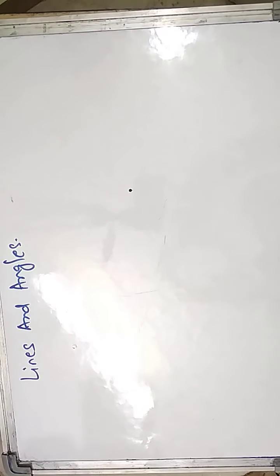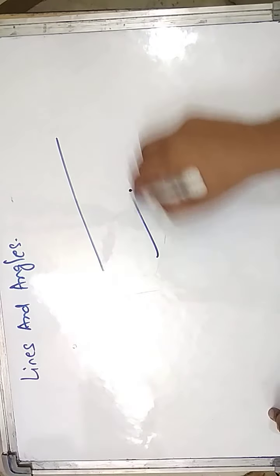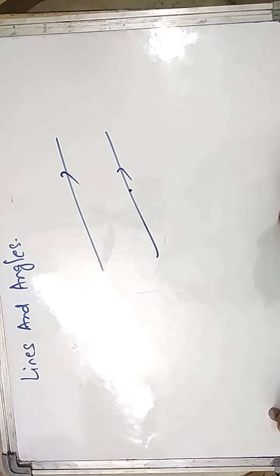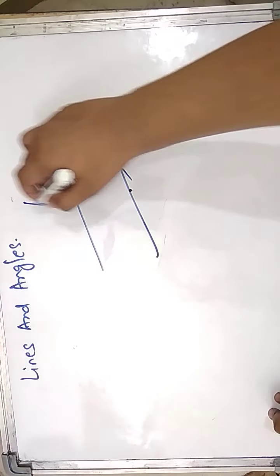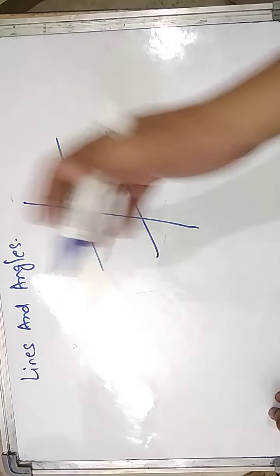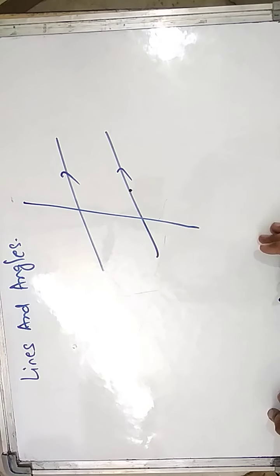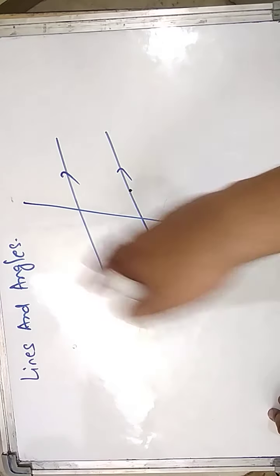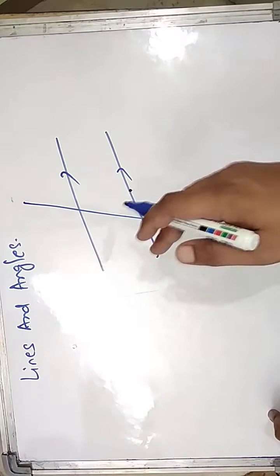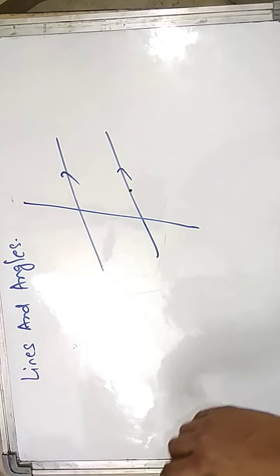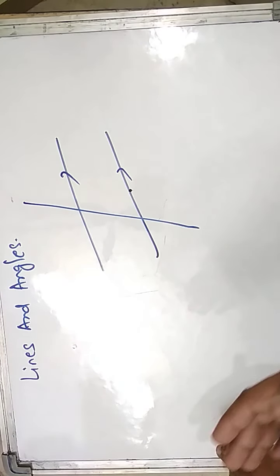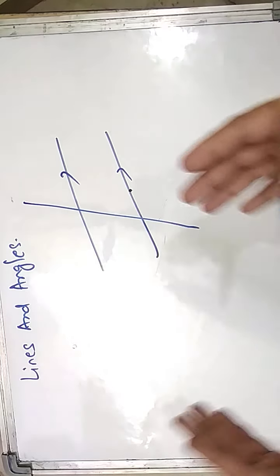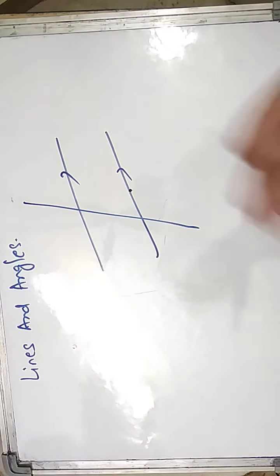Class, further, if there are two lines, they are called parallel lines, and a line which intersects the two parallel lines is called a transversal. So there are some few angles forming here. Whatever I am explaining here, you already know, because you have studied this topic once.